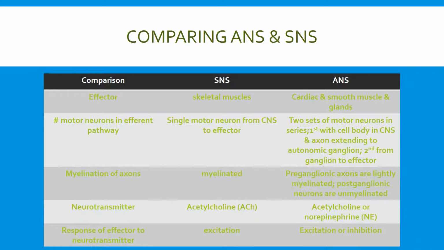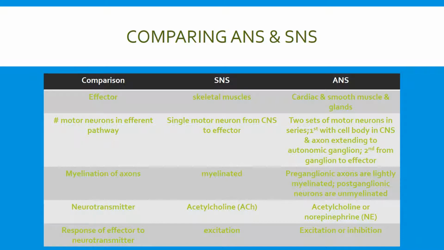The number of motor neurons and efferent pathways for each system is different. Efferent pathway means that the signal is going out. In the somatic nervous system, there is only one motor neuron that goes from the central nervous system straight to the effector. There are two sets of motor neurons in the autonomic. There is one that is connected to the spinal cord that goes out and connects to another neuron that then